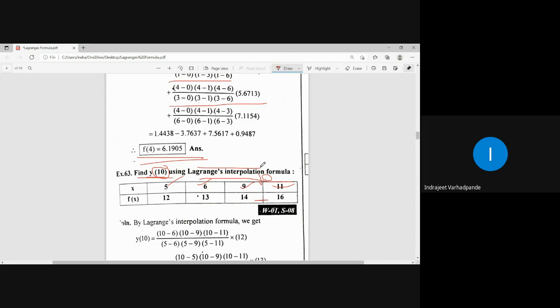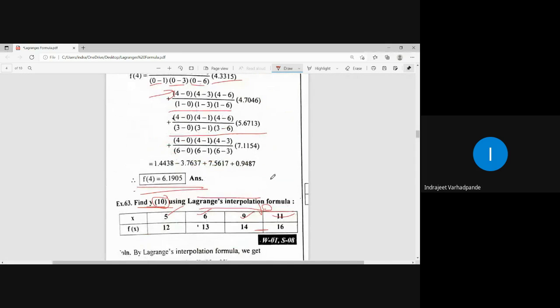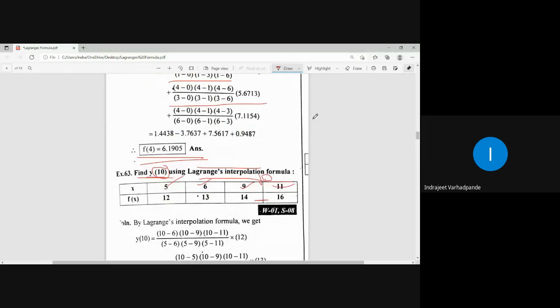So though the column like in the previous problem is not seen, we still go ahead with our usual strategy of writing down the formula. It is always advisable to write down the formula first in terms of x0, x1, x2 up to xn, which will serve the purpose of writing down the values conveniently, because we are habituated in the initial step to write the formula. Once that is clear, it won't be difficult for you to get the further steps.